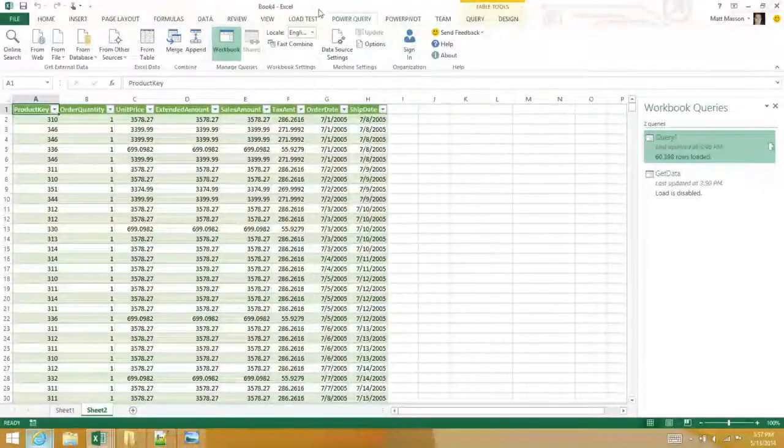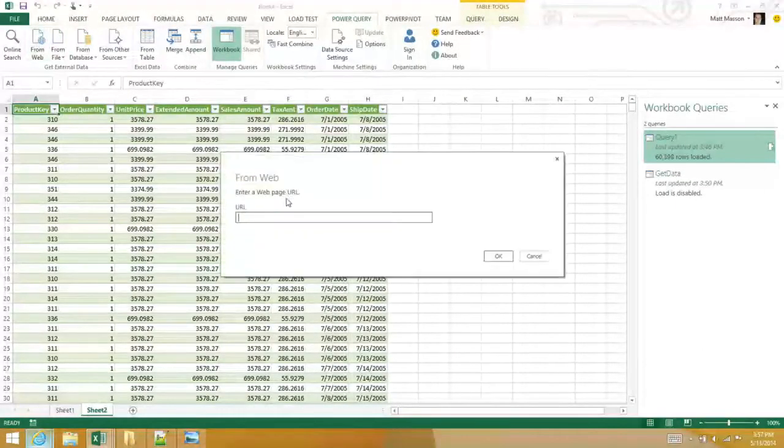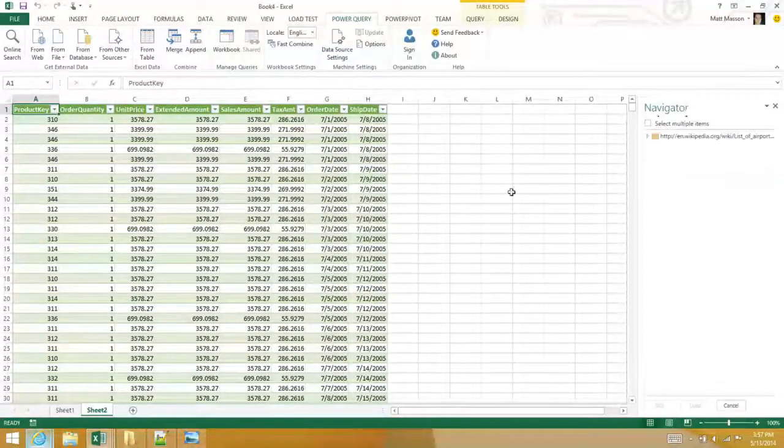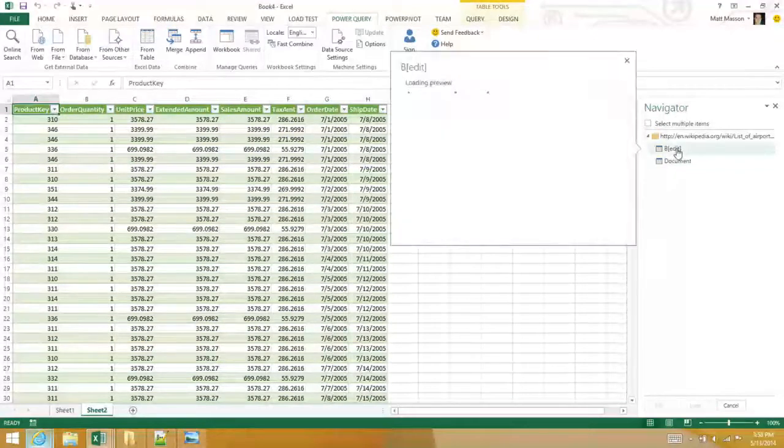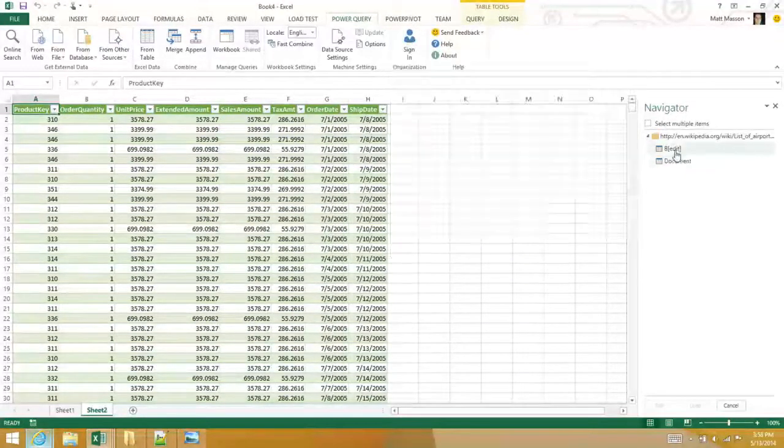So I'm going to grab one of the URLs, and then I'm just going to go from web. You can paste it in. And we go back to Wikipedia. It's going to parse the page, identify any tables that are there, and then show me my options here in the navigator. Hovering over them, I can see that this first one looks like what I want,